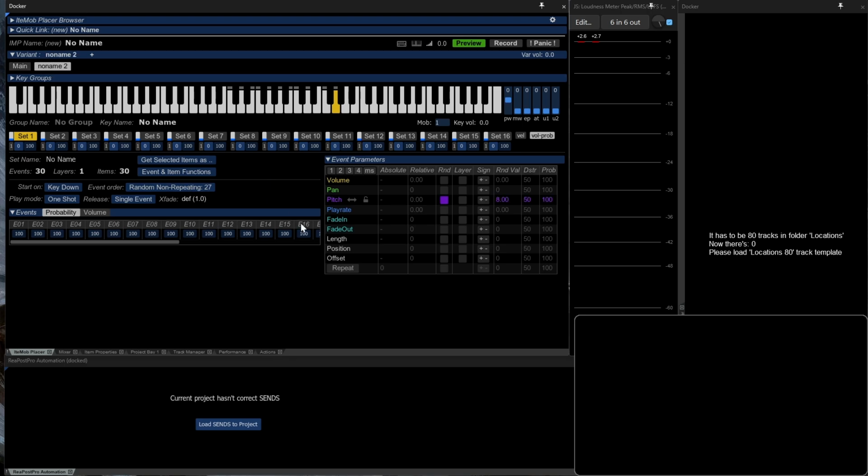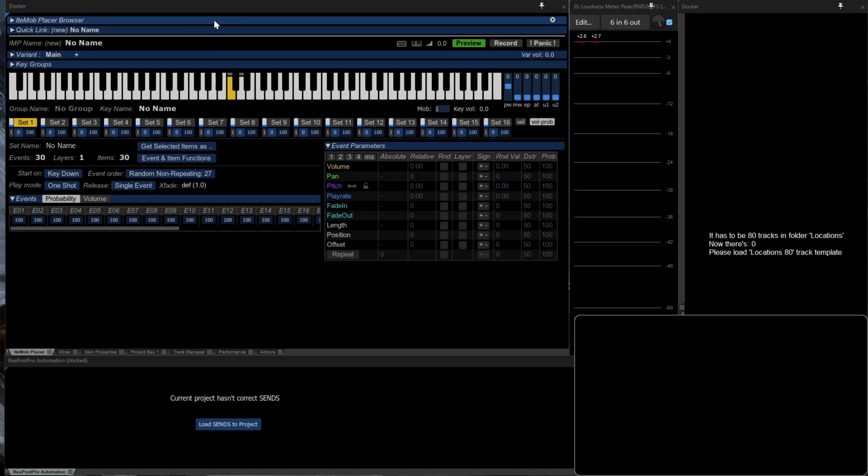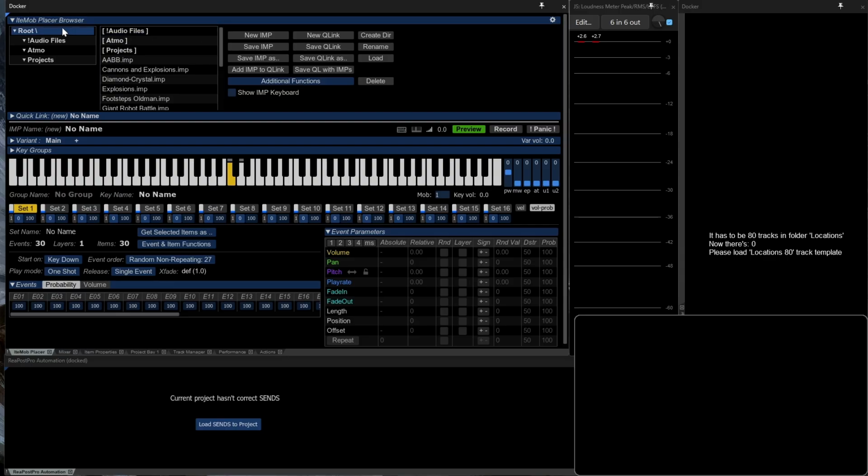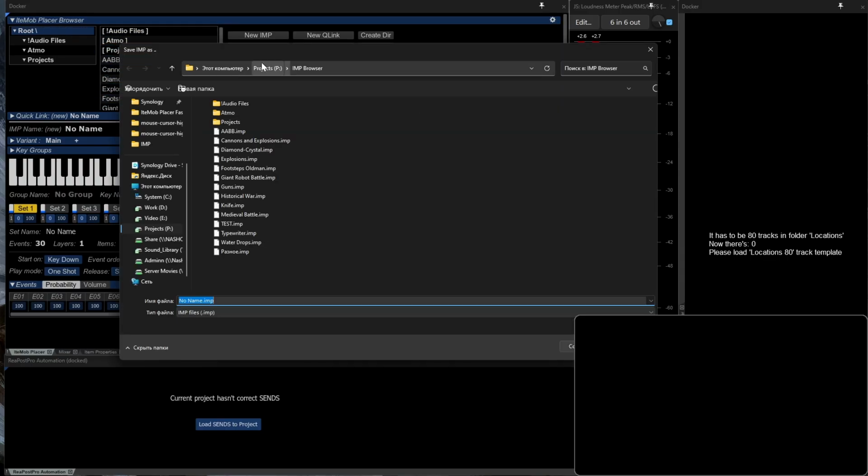So, we switch to another variant, and it has a completely different structure, if required of course. The number of variants is also unlimited. You can create as many as you like. Of course, this entire cumbersome structure would be useless if we couldn't save it. Luckily, the developer has provided a browser for working with files. So, we've arrived at the final structure of this entire mess, which includes all the variants and is saved to